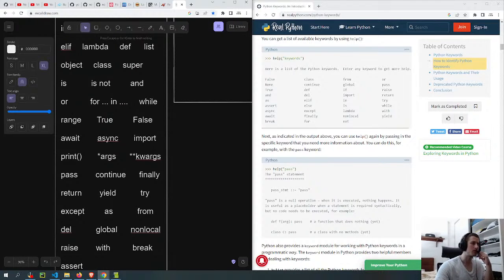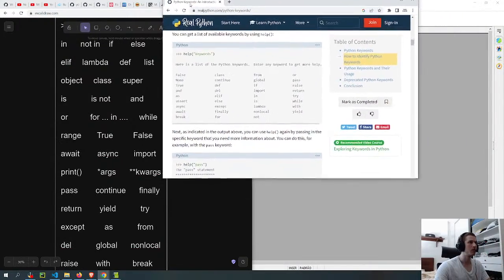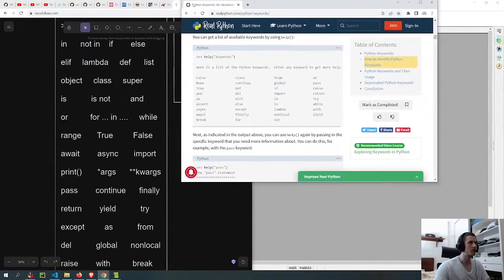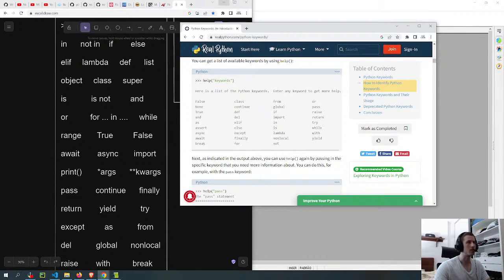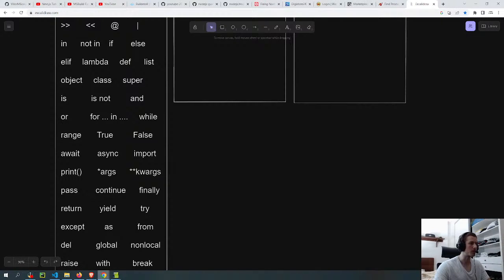I think then I'll link this article. It has to be only the most useful ones, or the ones that show up most of the time. Not all of them.